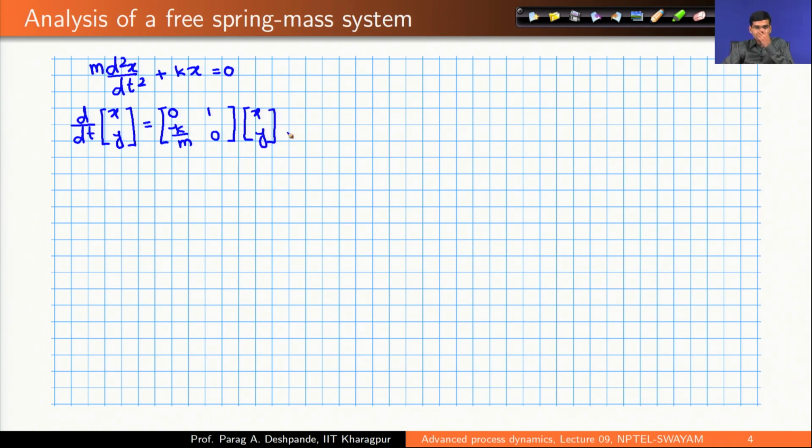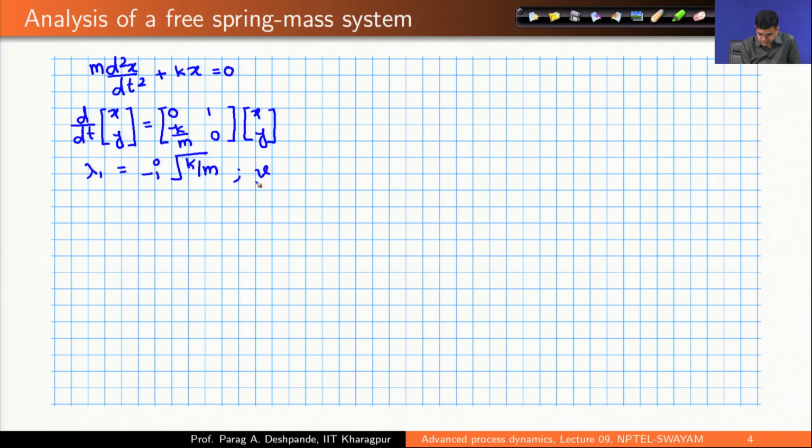Okay. So, now what I need to do is determine the eigenvalues of this system and corresponding eigenvectors. So, I have the eigenvalues and eigenvectors ready with me. So, let me just write them down. I have lambda 1, which is the first eigenvalue, equal to minus i root over k by m,